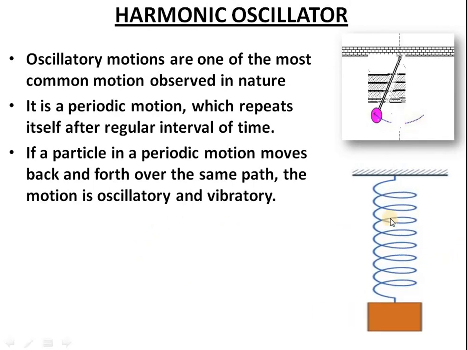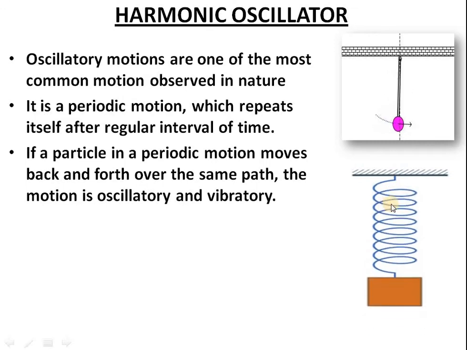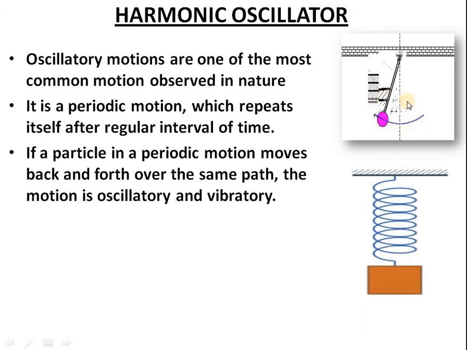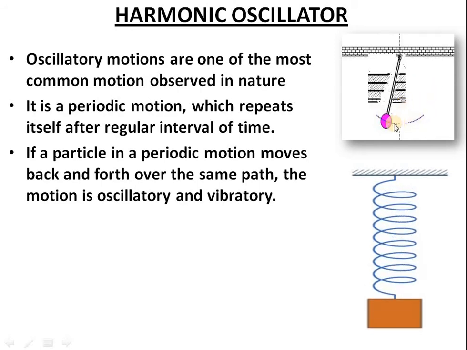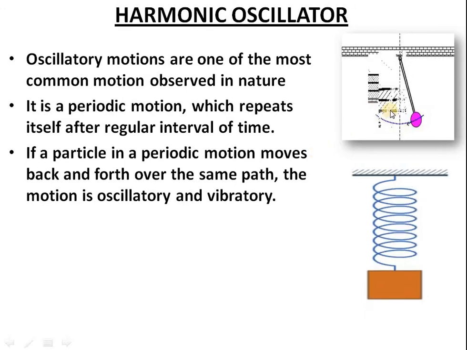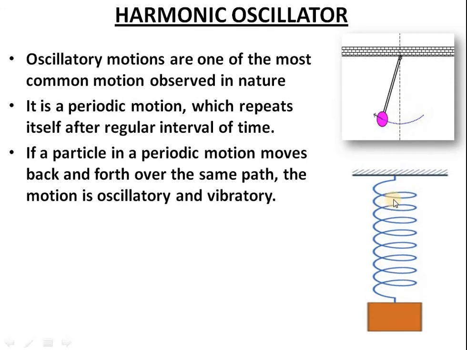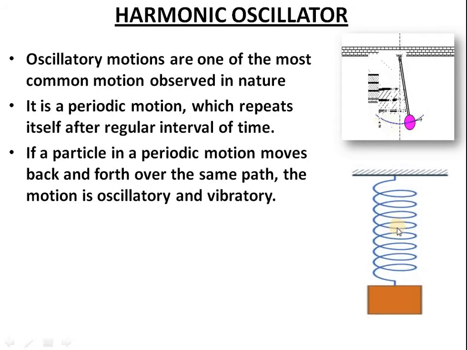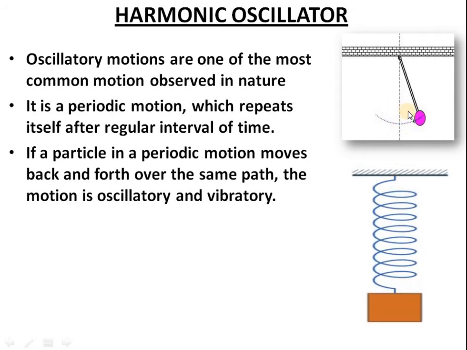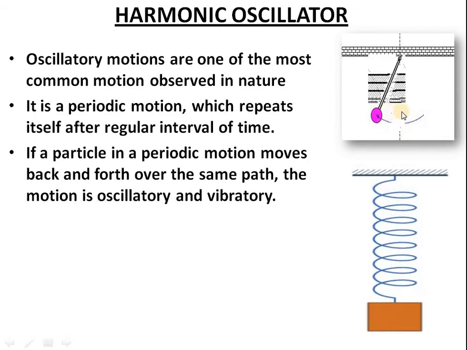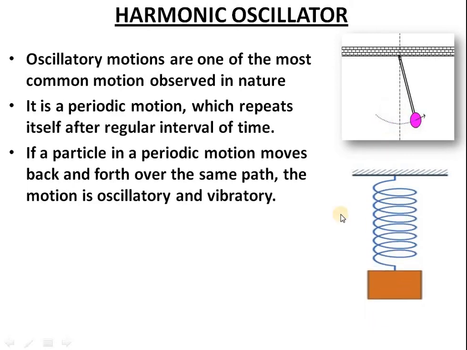So one thing is clear, in the case of a spring mass system, the force operating is the elastic force. Whereas in the case of a pendulum, the force operating is the weight of the pendulum, or the weight of the ball that is acting upon it, and that is creating the restoring force. So one is oscillation and the other one is vibration. The thing happening in the spring mass system is vibration, vibratory motion, and the mechanism that is operating in the case of a pendulum is the mass or weight of the ball. So that is a difference.